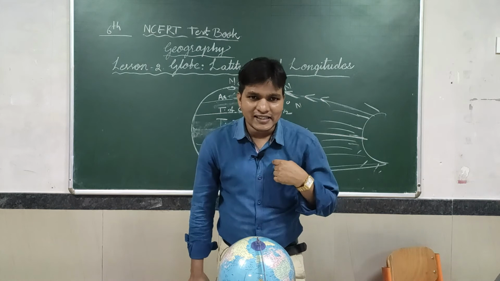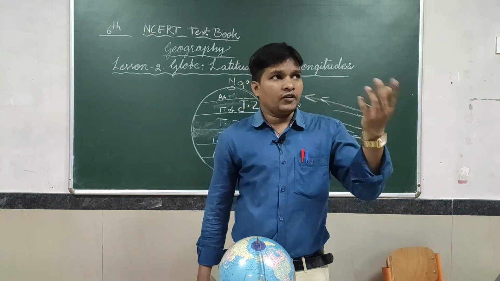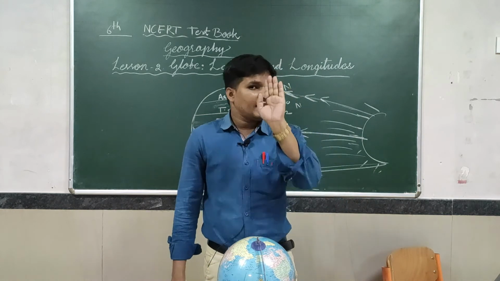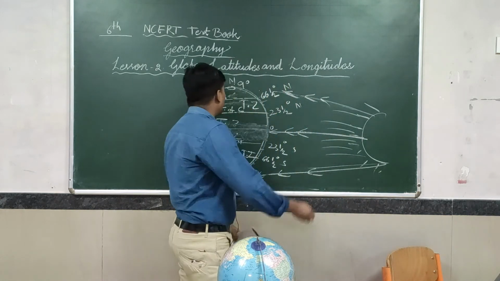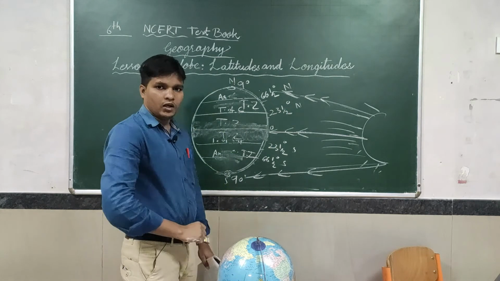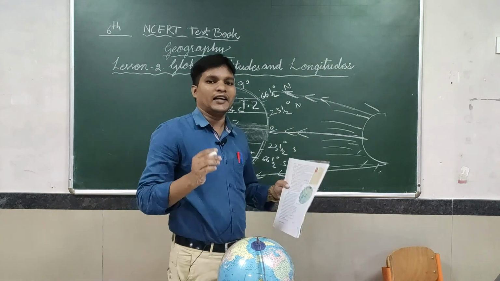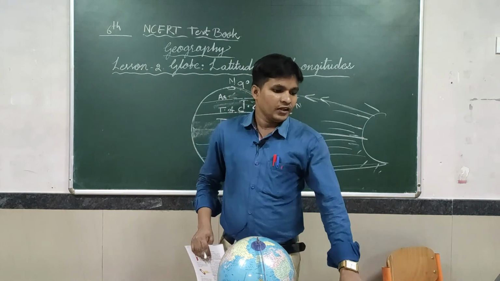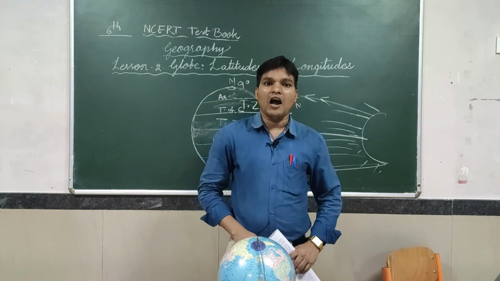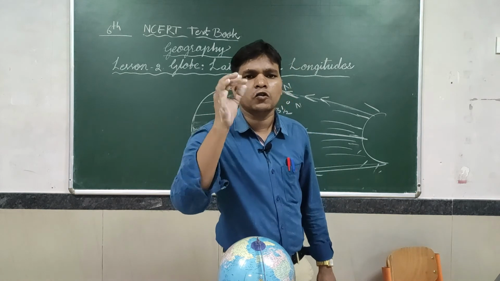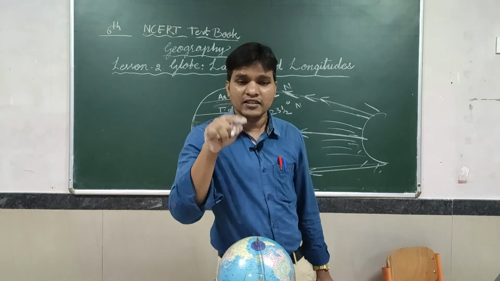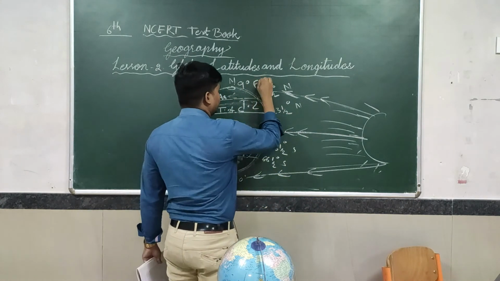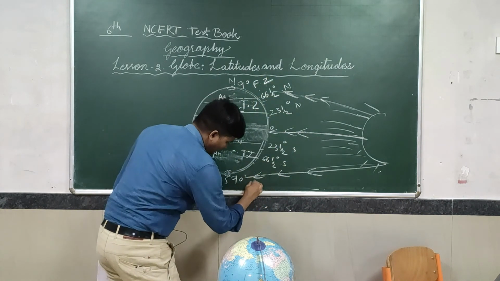In the morning, can you get the heat? In the evening after 5 o'clock, can you get the heat? No. The same process happens on both sides, the North Pole and the South Pole. The North Pole and the South Pole get very little temperature and light. That's why these areas are very cold. That's why these areas are known as freeze zone. What do you say? This area is called freeze zone.